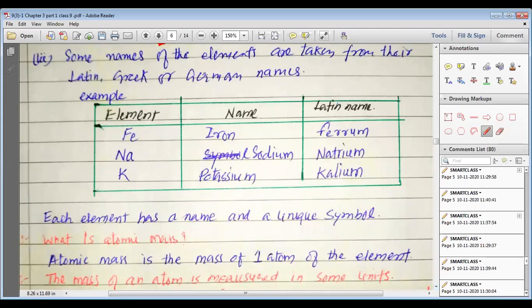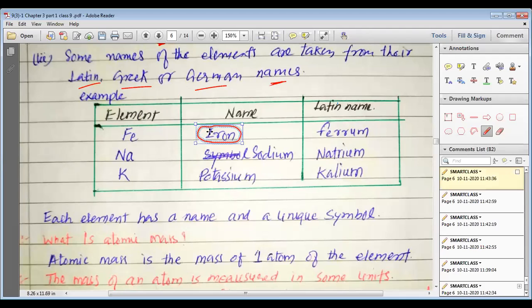Some symbols of the elements are taken from their Latin, Greek or German names. For example, we have an element called iron. Actually, iron starts with I. But the symbol for iron, but the